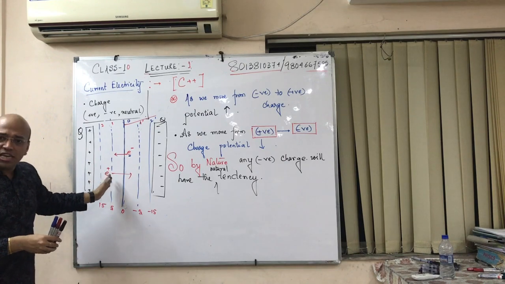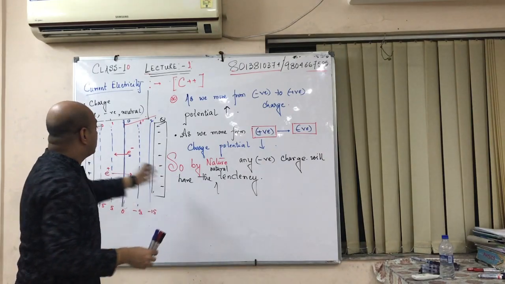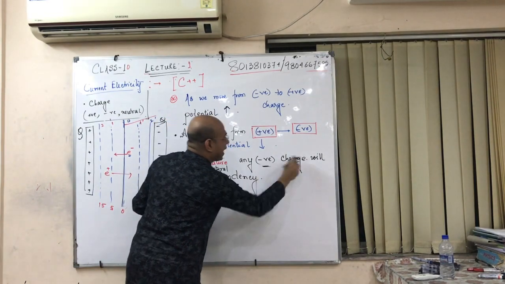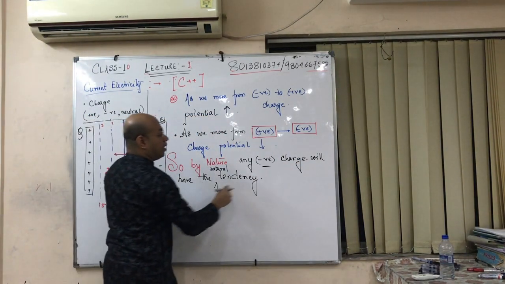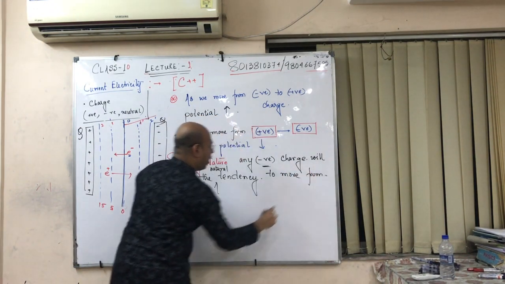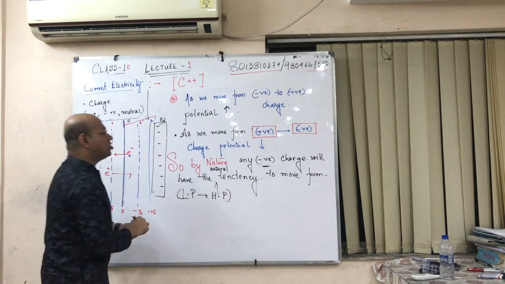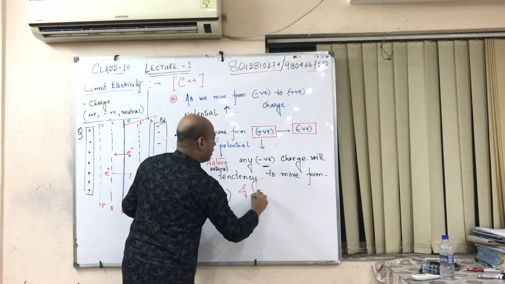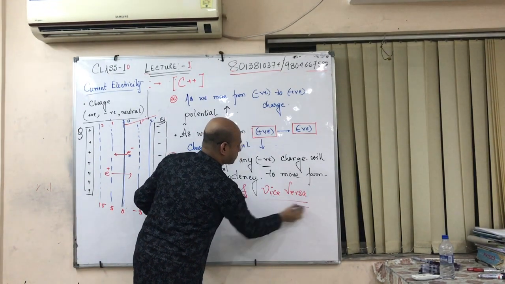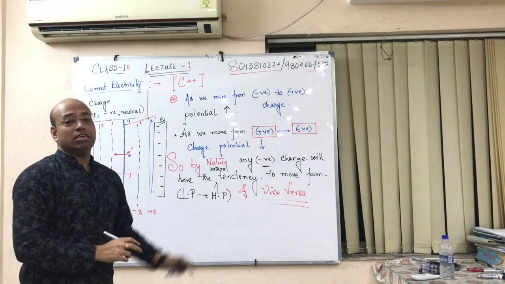Similarly, any positive charge has the natural tendency to move from higher potential to lower potential. Any negative charge has the natural tendency to move from lower potential to higher potential and vice versa. I bet you won't find this in your books, and